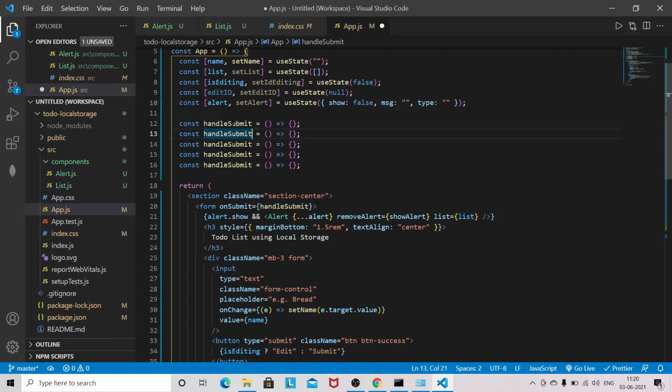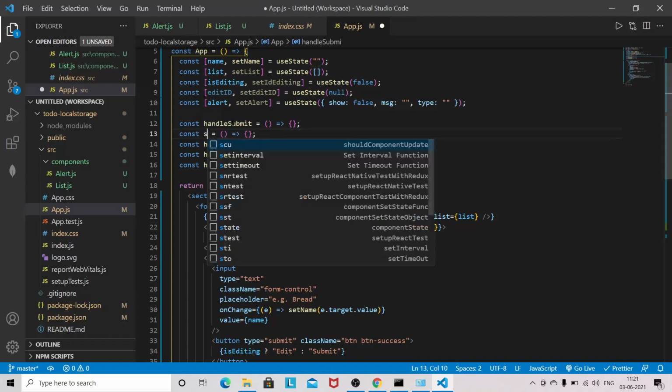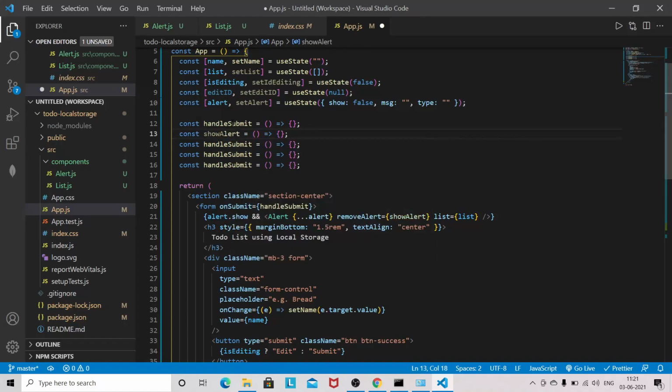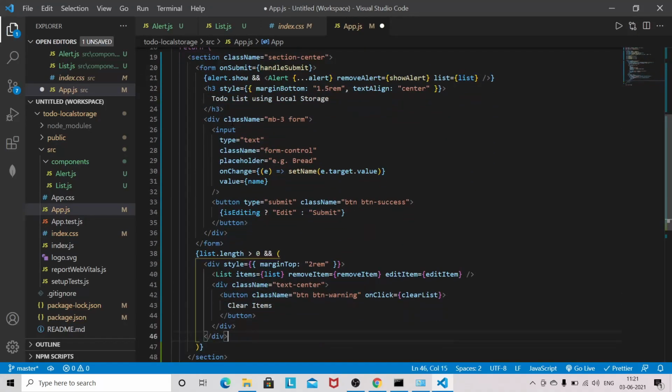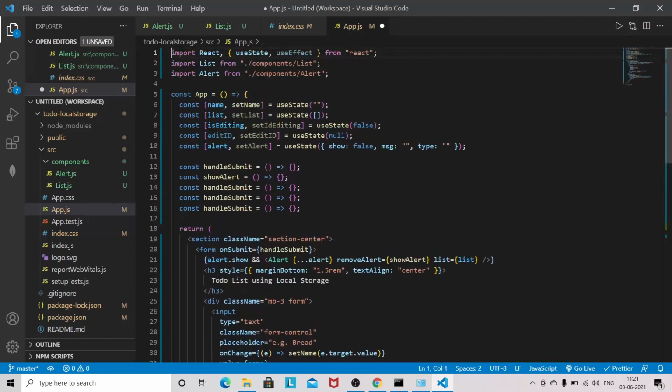Then we have showAlert. Then we have editItem, removeItem, and clearList.